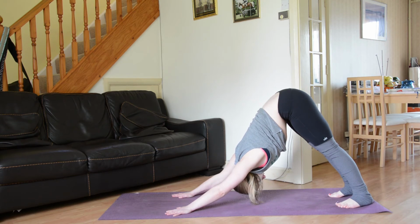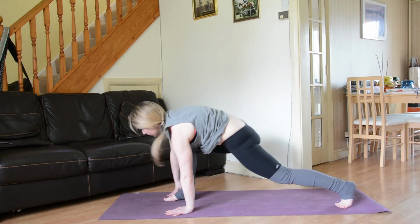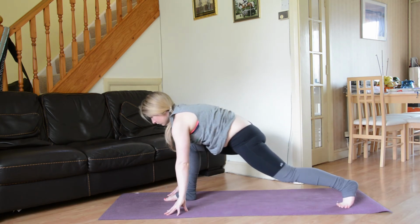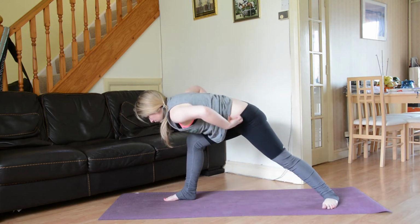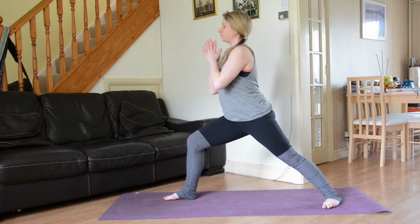And then on your next inhale, gaze forwards, bring the right foot in between the hands, plant the back foot down at a 45-degree angle. Feel length in the spine, setting up for a warrior one here. And when you're ready, bring the hands to heart center, sinking a little bit deeper into that front leg, if